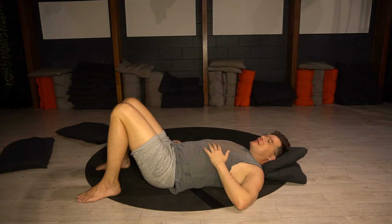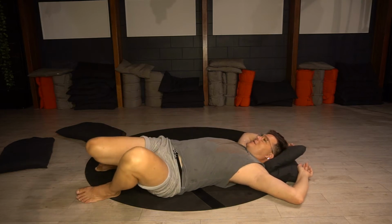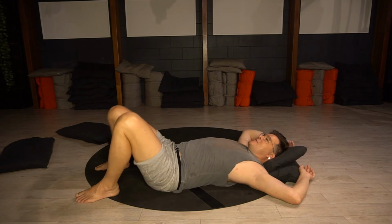Peace. Harmony. Laughter. Love. Peace. Harmony. Laughter. And love. Nice, guys. Stretch your arms overhead, swaying your thighs side to side, and come to a kneeling position